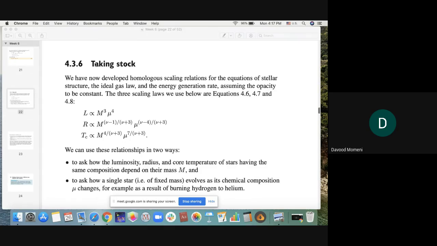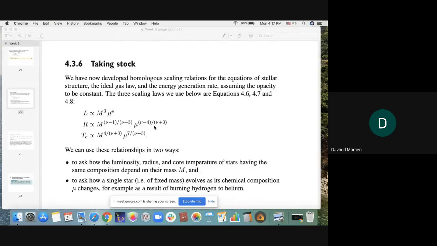Based off the equations which defined the luminosity, energy generation rate, and the other quantities, and by assuming that the opacity remains constant, we found that the luminosity is a function of the mass and chemical potential, as you see here, and the radius is also a power law function of the mass and chemical potential,